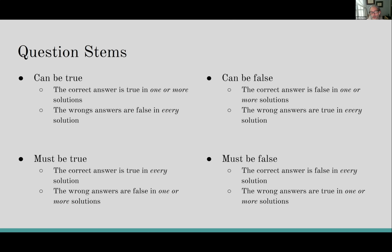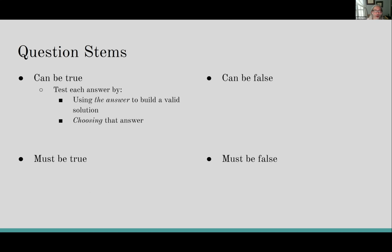But when you think about it in terms of the number of solutions, it becomes clearer that on must be true and must be false questions, the analysis for the right answer can sometimes be far deeper than the analysis for the 4 wrong answers. All right, let's